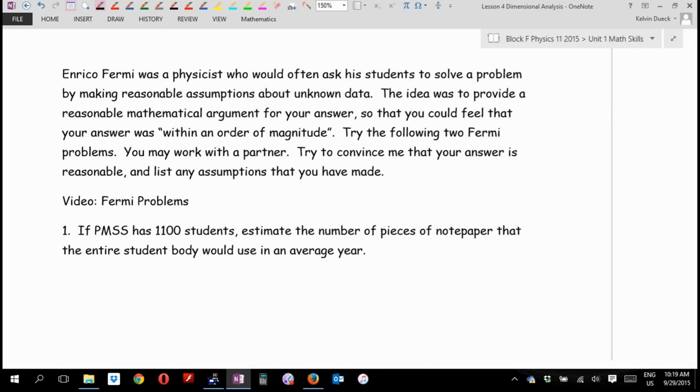He was part of the Manhattan Project. Does anybody know what the Manhattan Project is from history? First World War, okay, first atomic bomb. He was part of the team that helped design the first atomic bomb, and he was at the first test. And they were trying to figure out how strong the atomic bomb was, and they had all sorts of clever calculations. And Fermi, I kid you not,